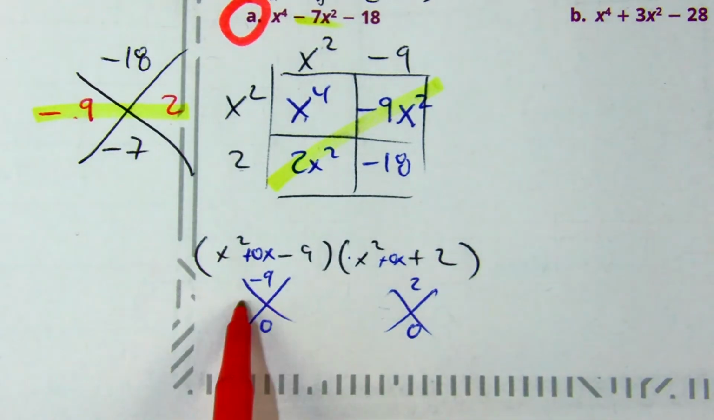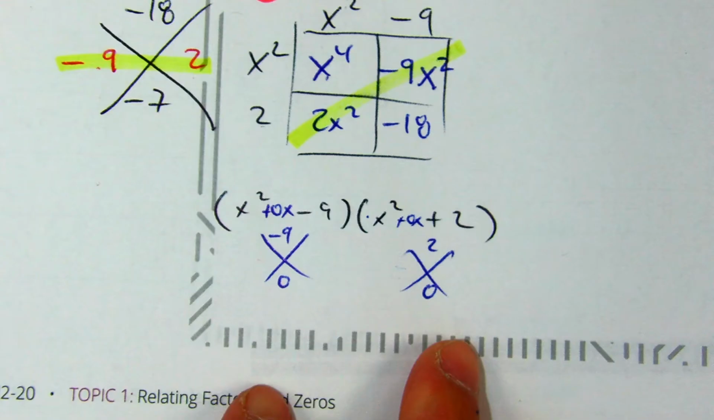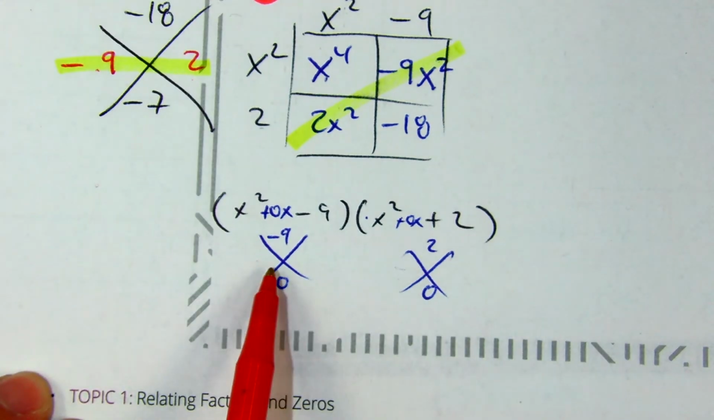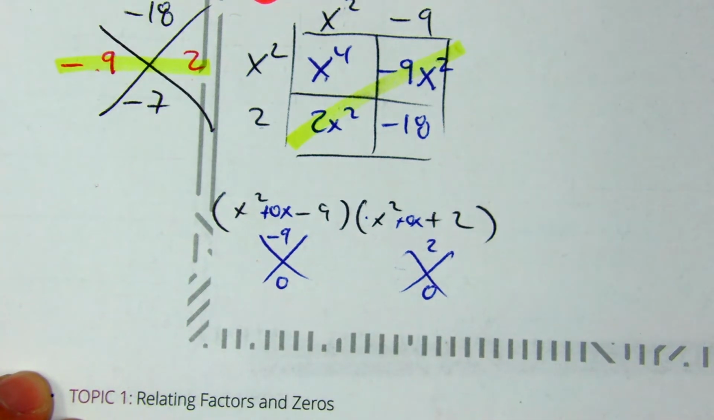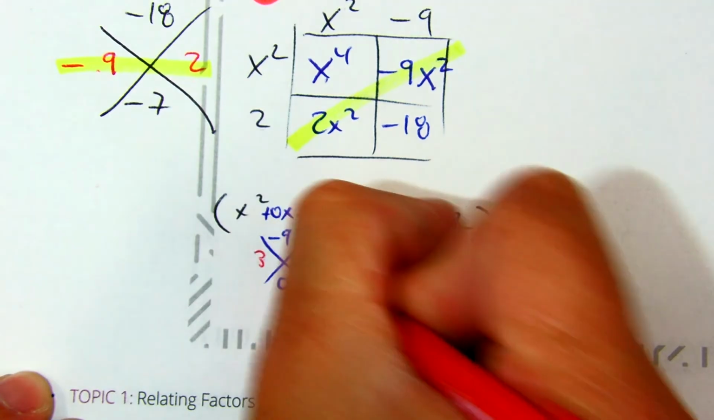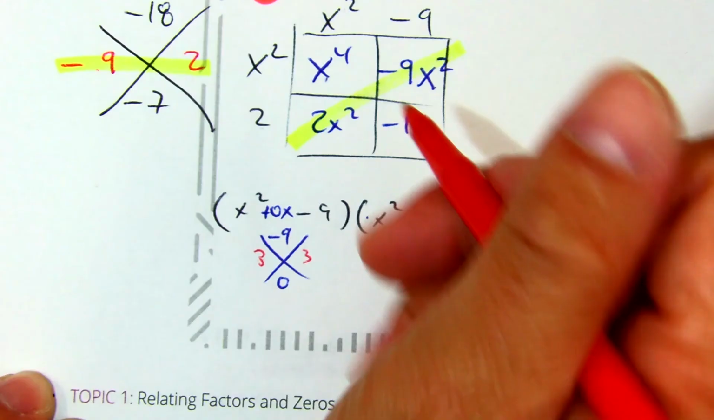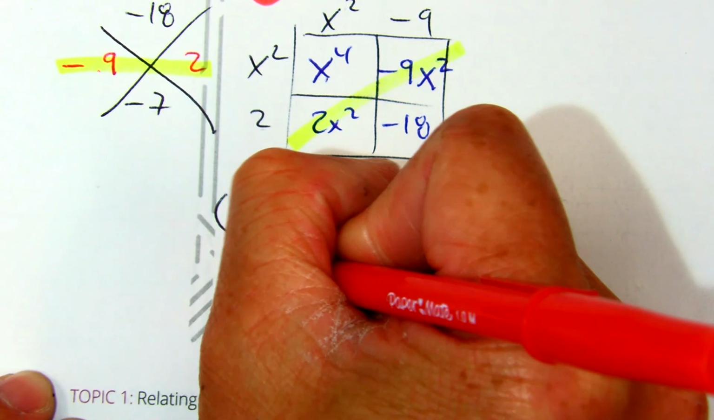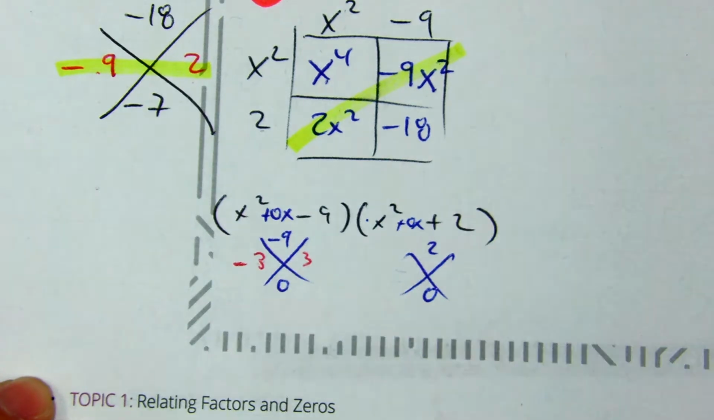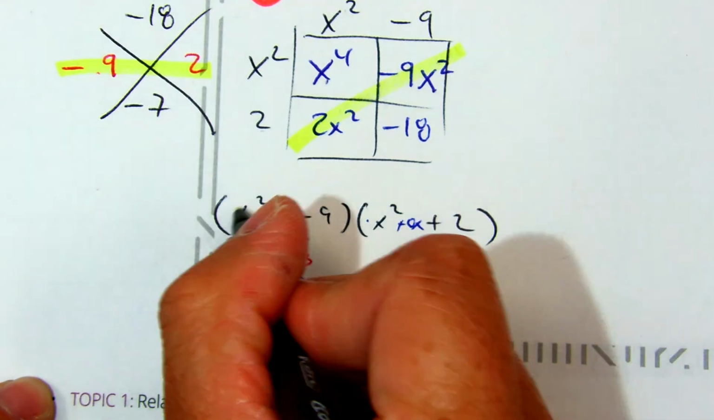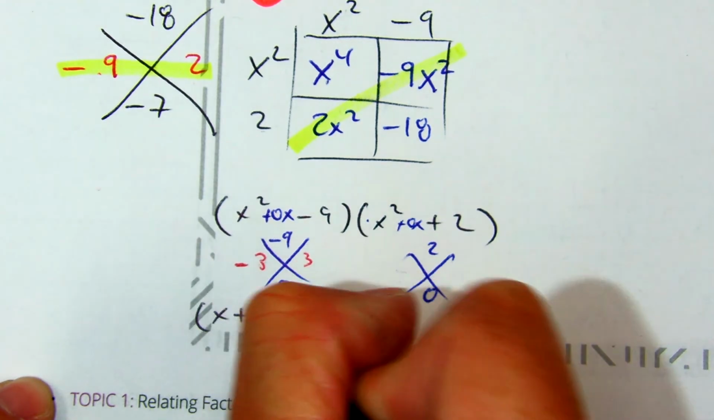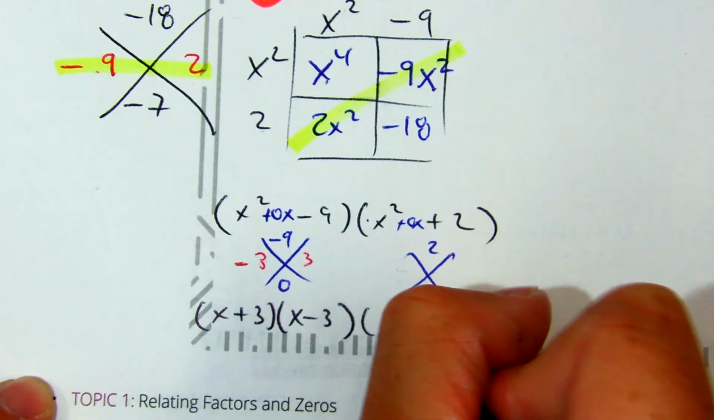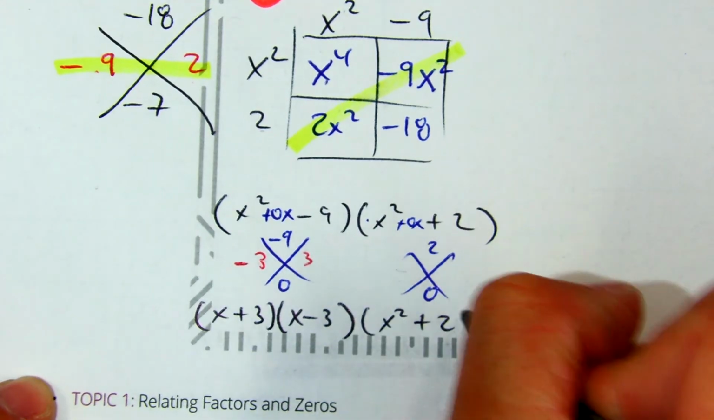Ingrid, what two numbers go here? Both negative? Just one of those. Correct. So my answer is going to be from here, x plus 3, x minus 3, and then the x squared plus 2. Now,